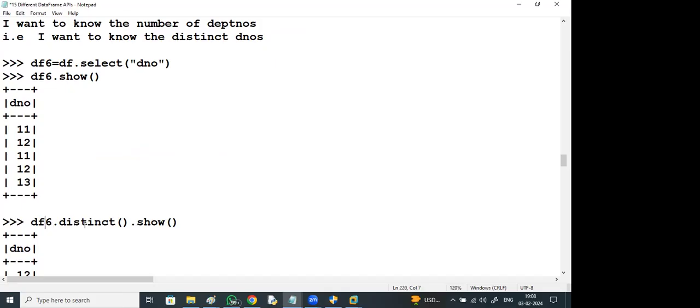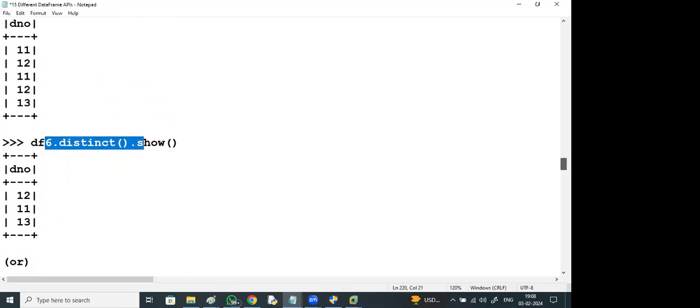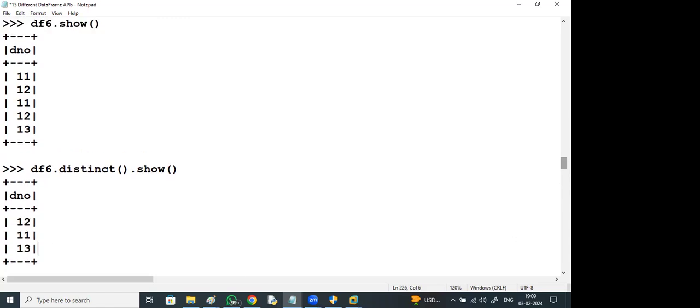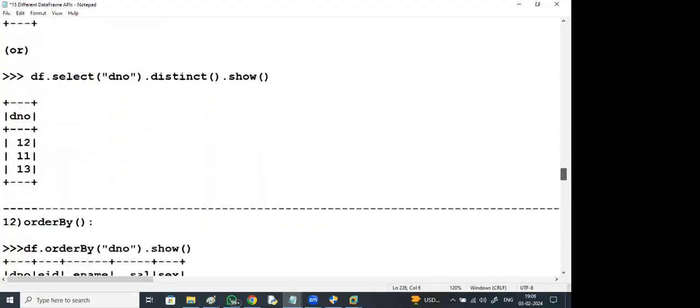If I say data frame dot distinct, you will get the rows 11, 12, 13. Even if there is one employee Ajay repeated four times, with EID, name, salary, everything repeated four times, it will remove the duplicates. It works row wise.